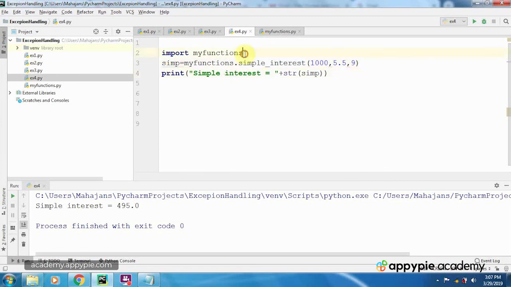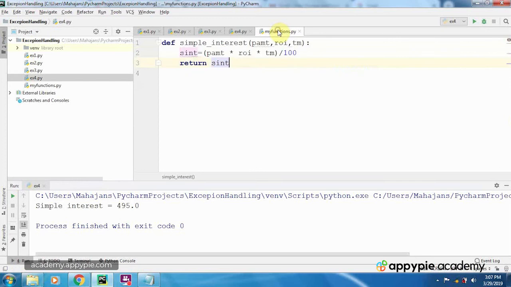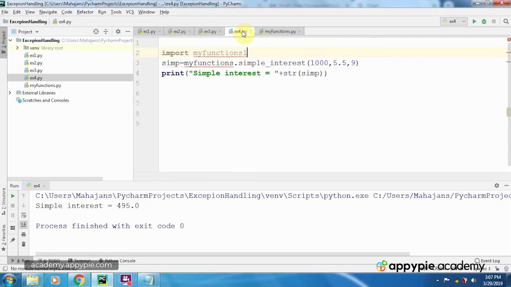Now let me do one thing, and suppose mistakenly I happen to mention import myfunctions1, whereas the name of the module is not myfunctions1, it is myfunctions. See, myfunctions.py and not myfunctions1, and mistakenly I have mentioned import myfunctions1. Let's see what happens.